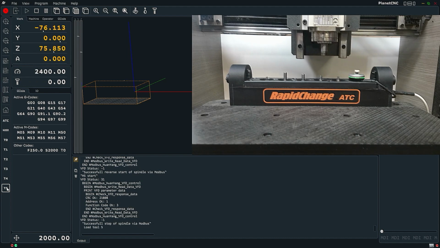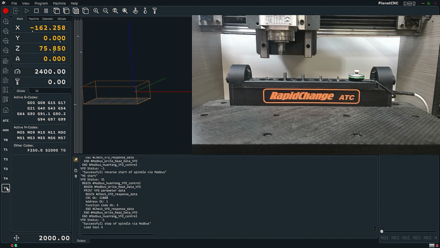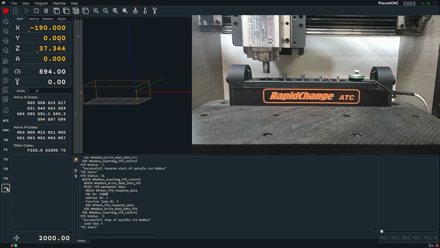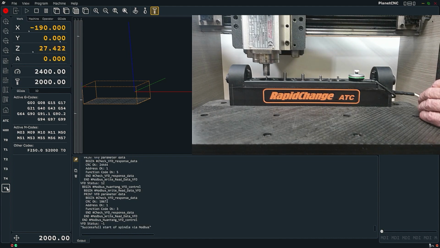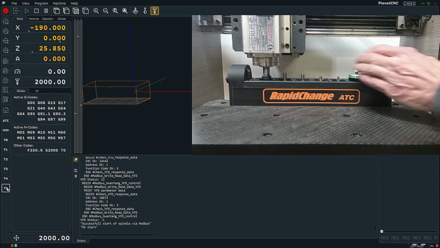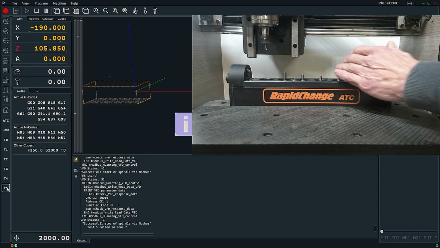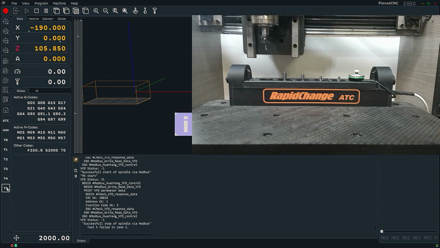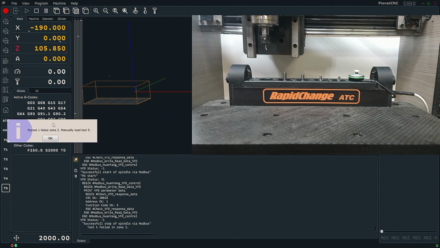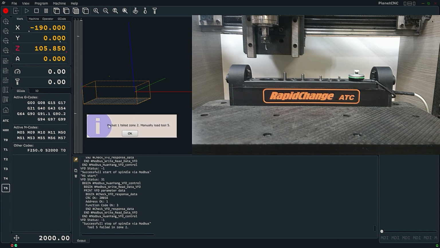And the infrared sensor worked appropriately. Now I'm going to show you what happens. Simulate zone 2 being blocked. Or I'm just gonna show you here. So it actually blocked it at zone 1 because it wants to see it clear. Or actually it did block it at zone 2. Right, it wants to be blocked for zone 1. So you'll get this message. Pocket 1 failed zone 2, manually load the tool. We just click OK,